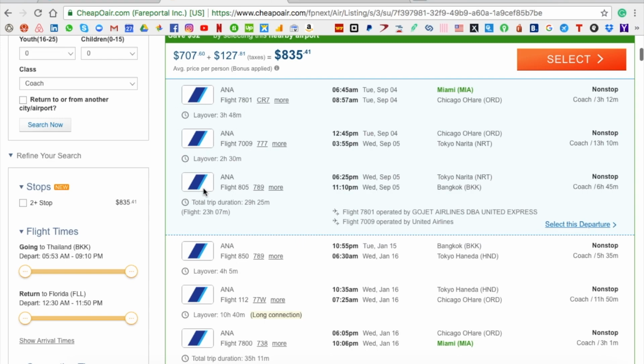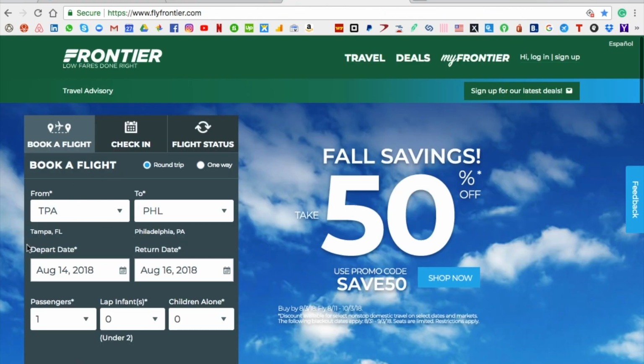When I'm doing large international flights, I tend to find that this is the cheapest option. When you're flying locally, within the US, throughout Europe, or just through an Asian country, what I've found is sometimes a local airline can even be cheaper than the options on here, but that all depends. In that case, for example in the US, I use Frontier. I can type in the location and the dates that I want to travel,